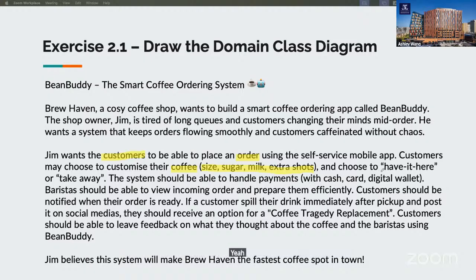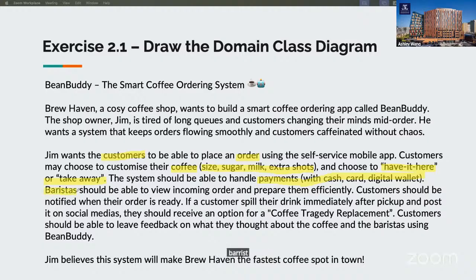What else? Payments, yes, perhaps you want to highlight that as well. The cash, card, digital wallet could be your attributes. What else?